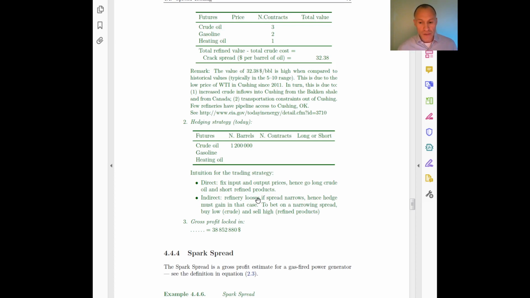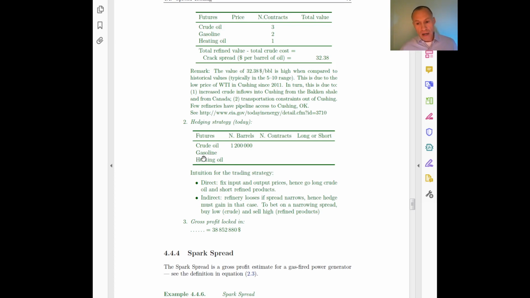Okay, so that's a good principle. A good way to think about hedging strategies is that the hedging strategy must always compensate your underlying exposure. So basically you want to set up a hedging strategy that makes money if the spread narrows, right? And as we have seen before, a hedging strategy that pays off when the spread narrows is to short the high price assets, in this case gasoline and heating oil,